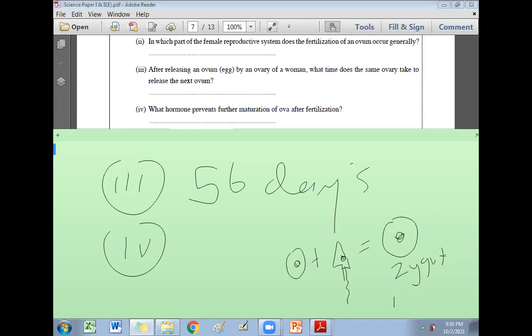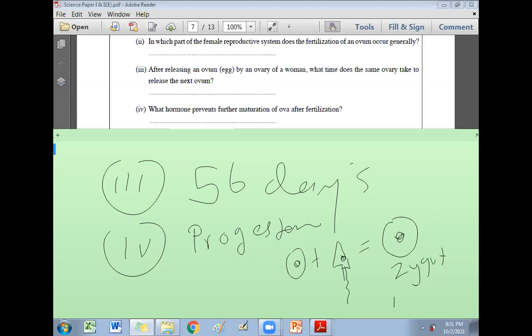The answer will be progesterone hormone. Progesterone level remains high till the delivery of the baby. If the progesterone level drops in the middle, there will be a natural abortion. Progesterone hormone maintains the pregnancy period. Which hormone is more important for the pregnancy period? Progesterone hormone in blood remains high. Next one, part 5.